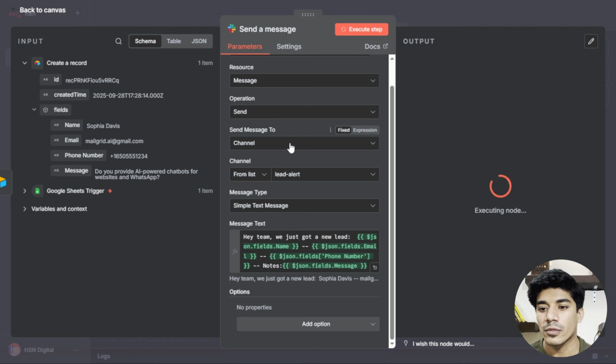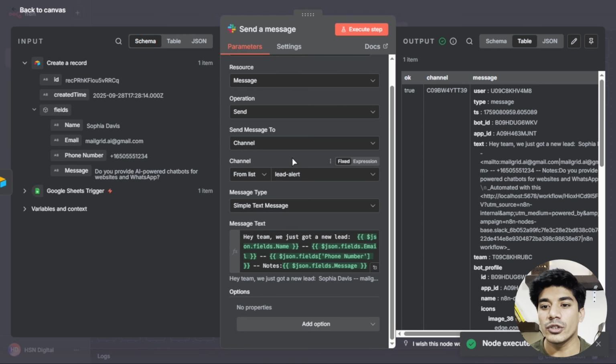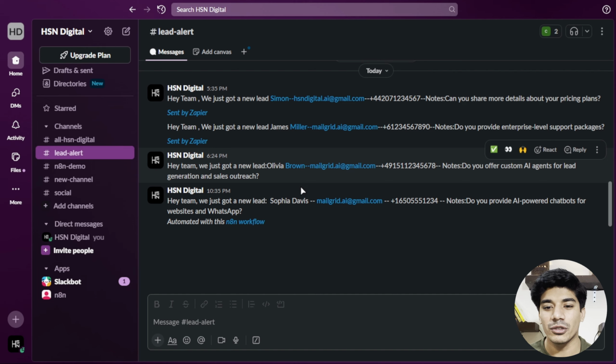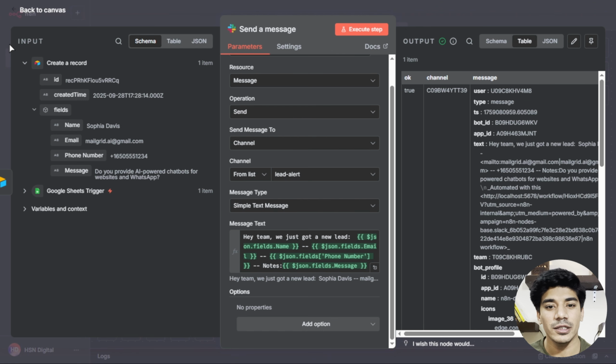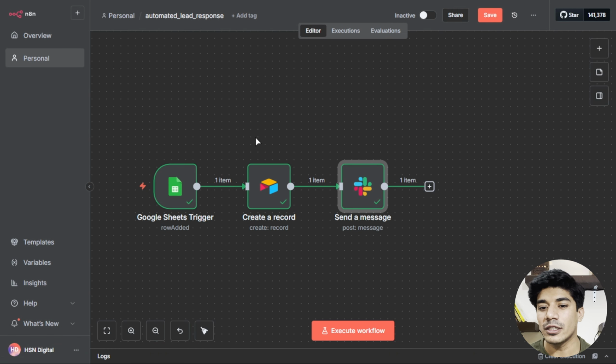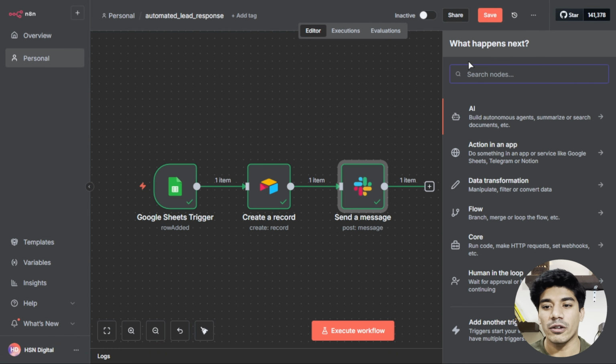So it will take a few seconds, and here we have an overwhelming amount of data, but don't worry about this data. Just go to Slack, and here we have this message, "Hey team, we just got a new lead," and here we have this n8n signature which we can remove easily. But for now, let's move back to n8n and add another node here, which is our final node,